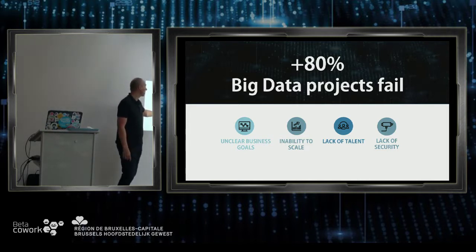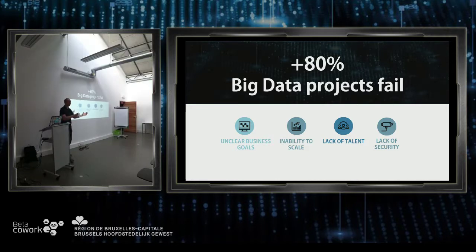First one, unclear business goals. Oh, we now have a data scientist. We hire 2 of them even. Oh, and here's our historic data. Go play with it. Find value and come back. Yeah. No clear why are we doing this in the first place? Go ahead, and you can work on it for 6 months and come back. You laugh, but many big data projects started that way. Organizations that do not really know how to question themselves: why do we do this? Everybody is doing it. How come we don't have a big data department yet? We have so much data, we should be using it. So that's one of the major reasons, unclear business goals.